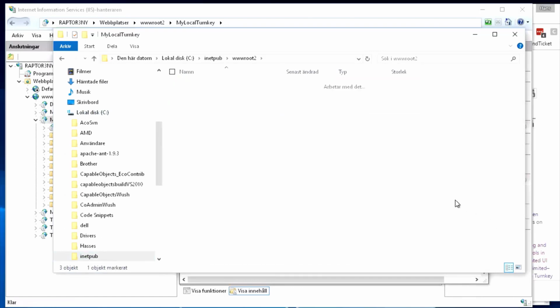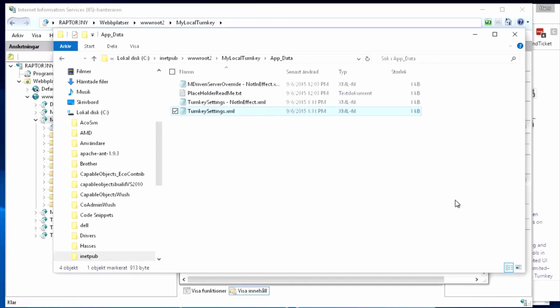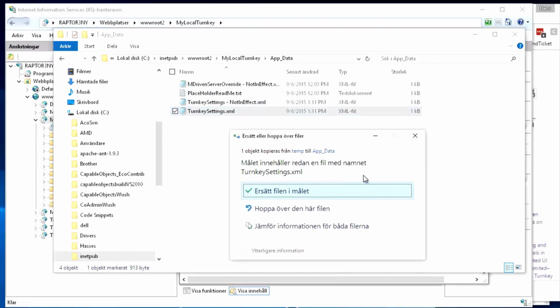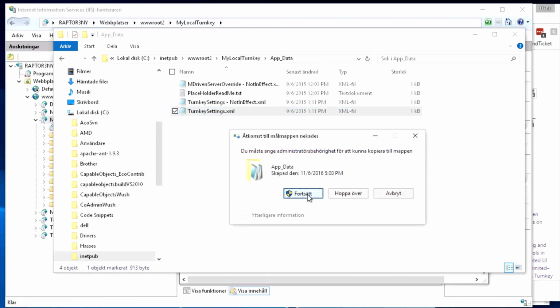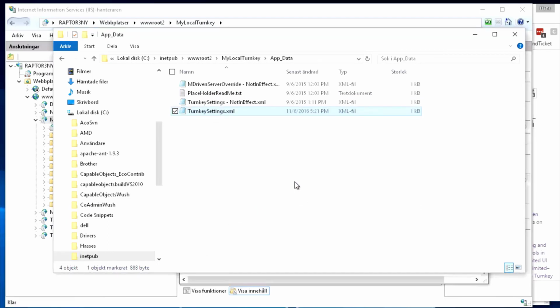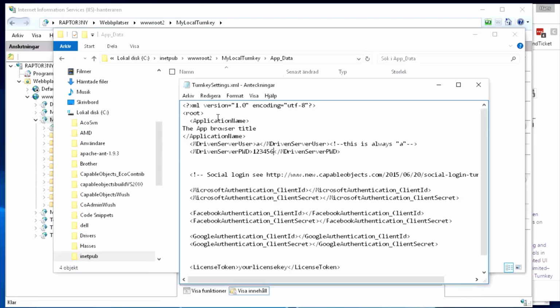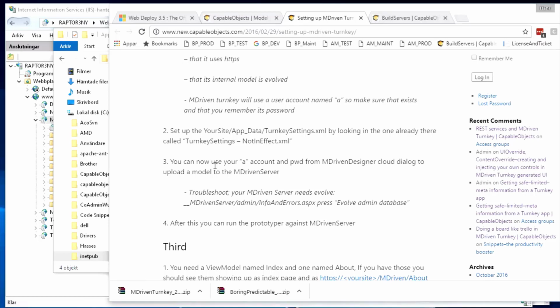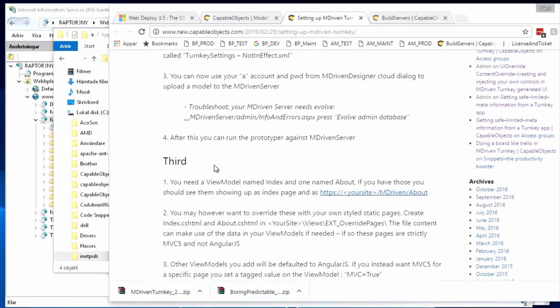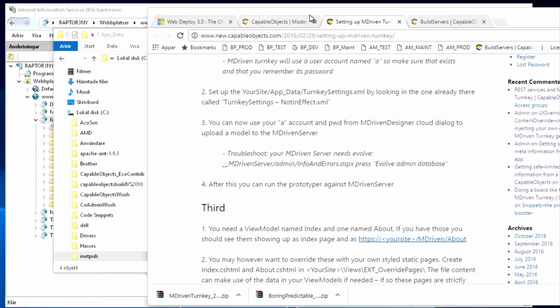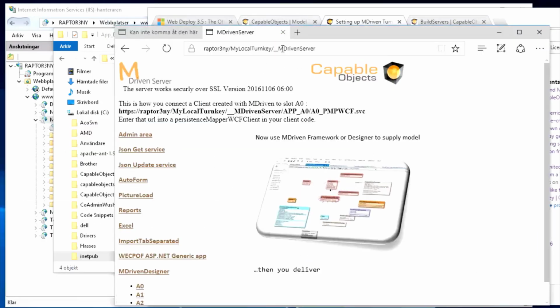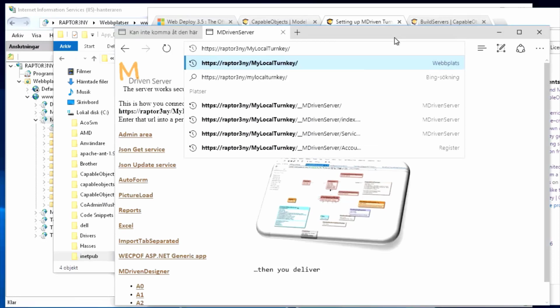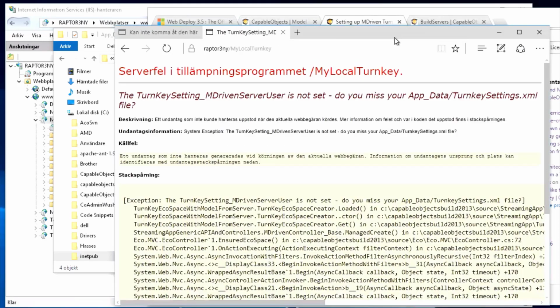That, paste, replace, yes, like this. And you can now use your A account, yeah, so I should be able to, if I refresh this,